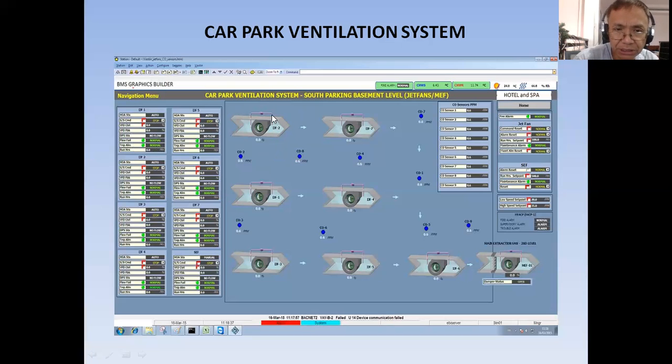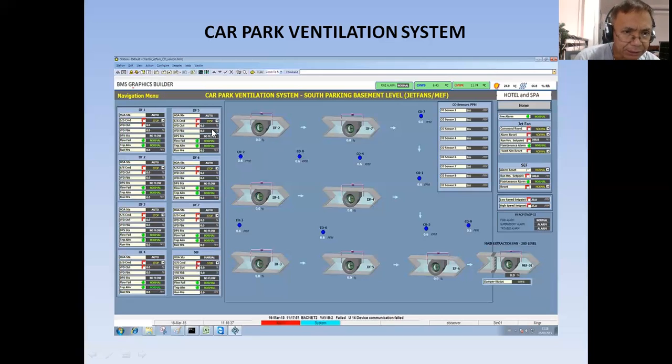Now, this differential pressure switch, you also have to adjust the set point. I'm using here around 200 Pascal differential pressure. So you can change your set point up to 60 to 80 Pascal. This differential pressure switch will tell the BMS that the jet fan is already delivering air, or working. Even though the motor is working, if the blade or the fan is not working, it will not deliver air. Actually, these fans are not belt driven. The fans are directly connected to the shaft of the motor.